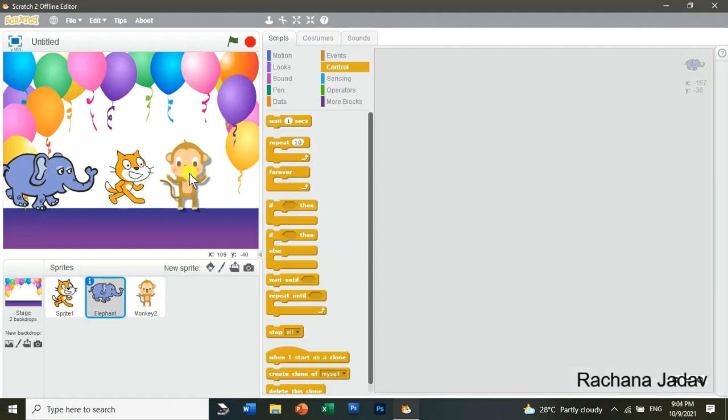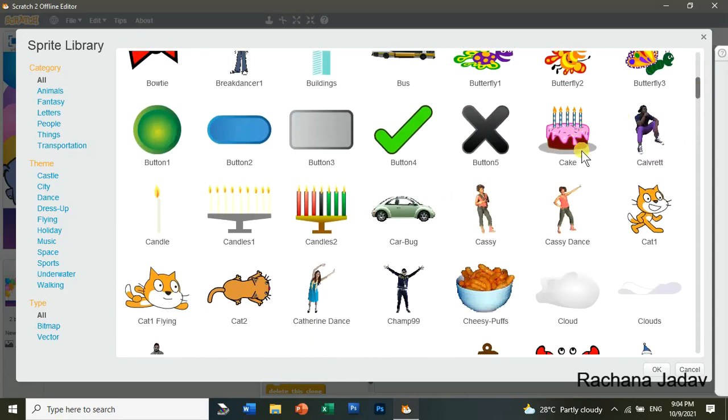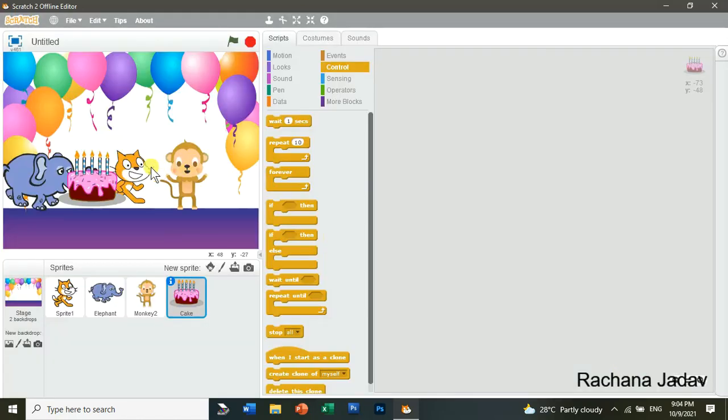Now how will we have it without the cake? तो हमें केक तो चाहिए, तो हम लोग फिर से जाएंगे यहाँ, and we will select the cake over there, right? So yes, you can select the cake. अब हमने केक भी सिलेक्ट कर लिया, लेकिन केक कुछ ज्यादा ही बड़ा है. So what you can do, you can shrink the cake over here, right? So I will just shrink it. I will make it small.